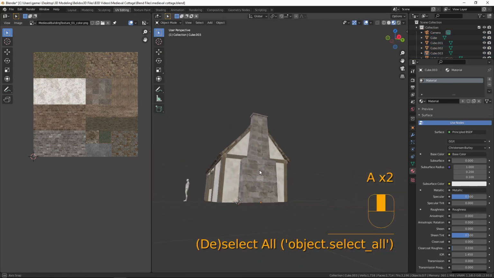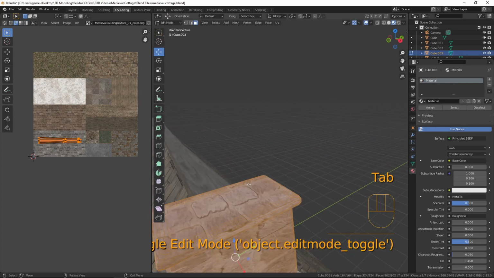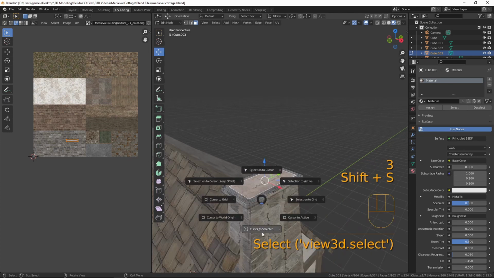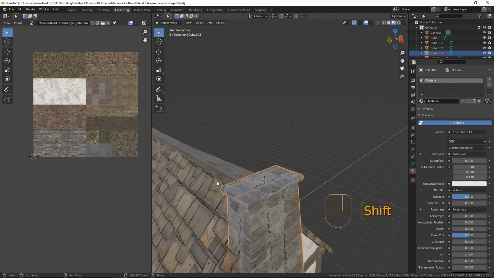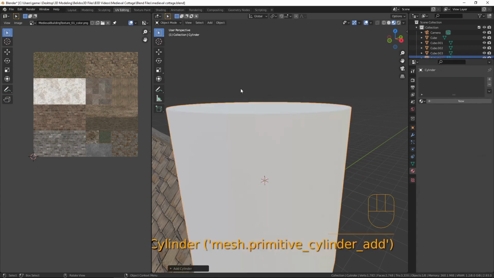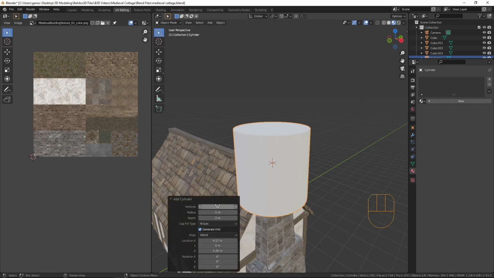There we go, we have a chimney stack on there. Let's put some pots on the top. So let's go back into this model and select the top face, press Shift S, cursor to selected, and Shift A, mesh, cylinder. Now we don't need that many vertices on that, so let's bring that down to 12